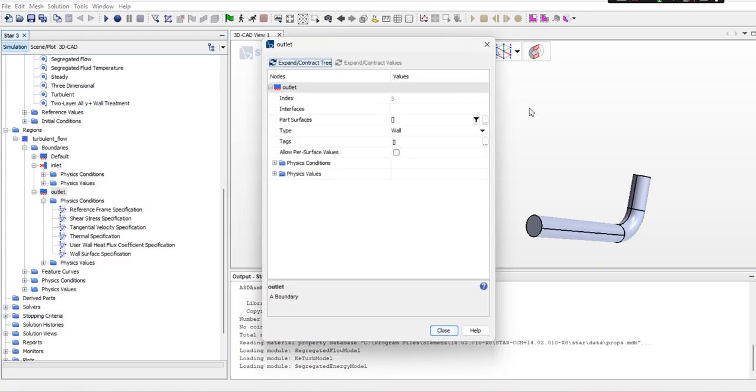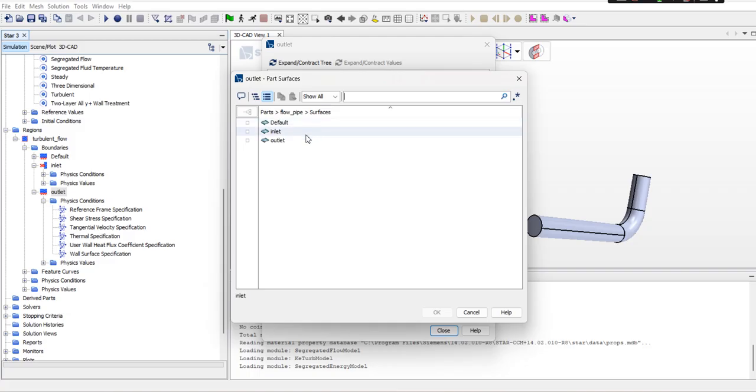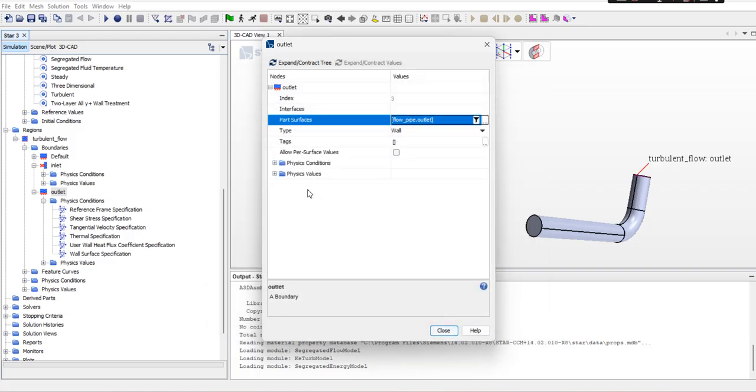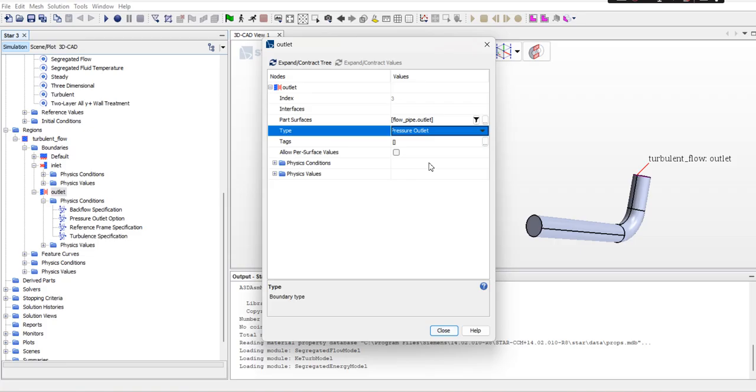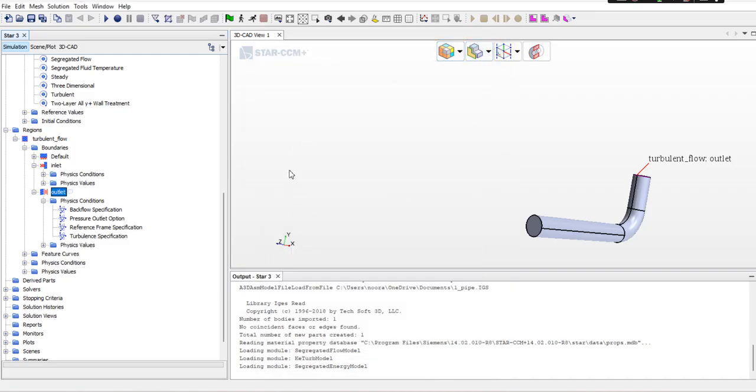Then I select outlet and assign part surfaces outlet. Then actually I don't need to change anything here except the type, from wall to pressure outlet. And now from physics value, I don't need to change anything here because I'm going to use 0 Pascal as outlet pressure. So I close this right now,